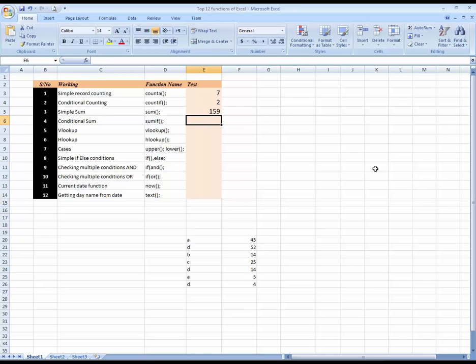And now conditional sum. Suppose these are the products, and I'm going to write over here the names of, suppose, salesmen.